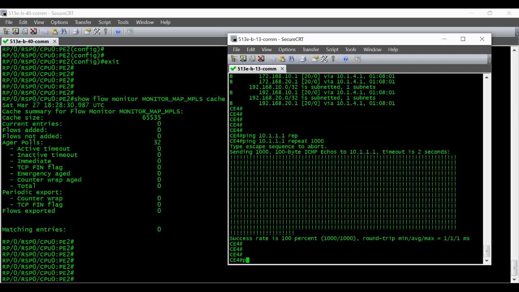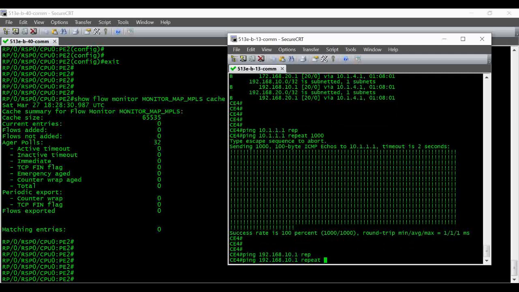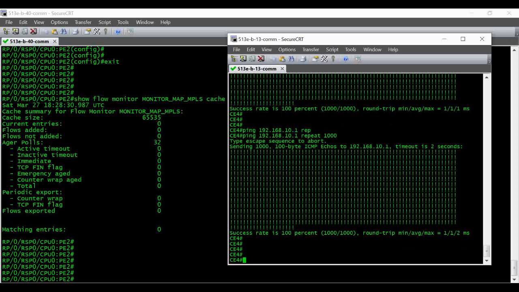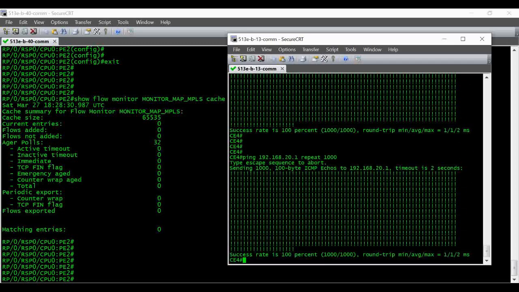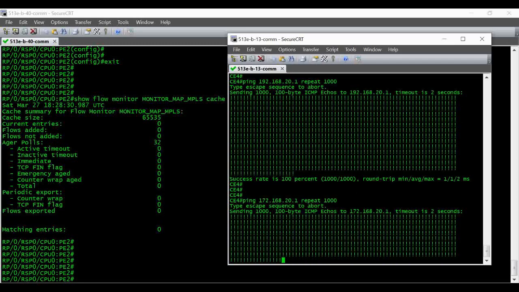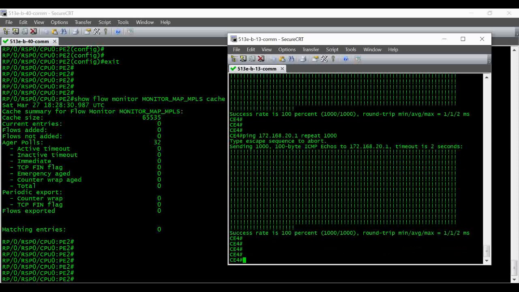Flow created, ping 192.168.10.1. I'm pinging all the reachable IPs so that we'll have multiple flows on the output.